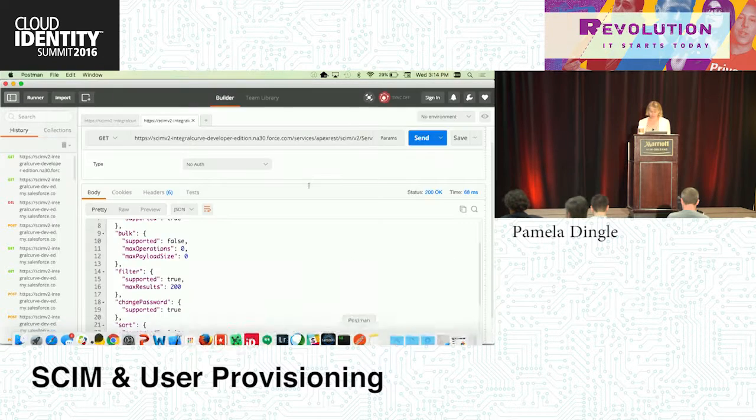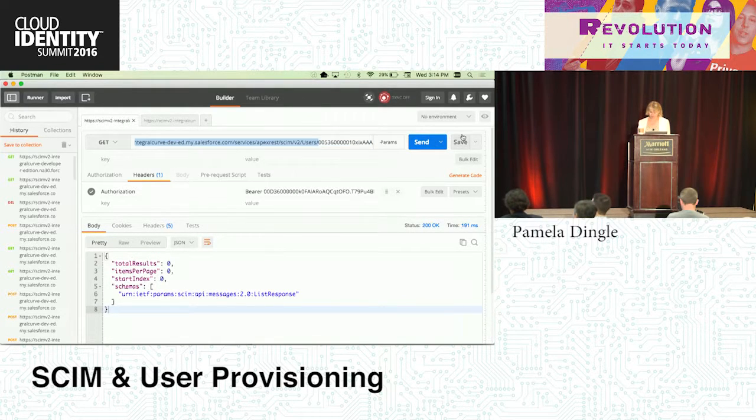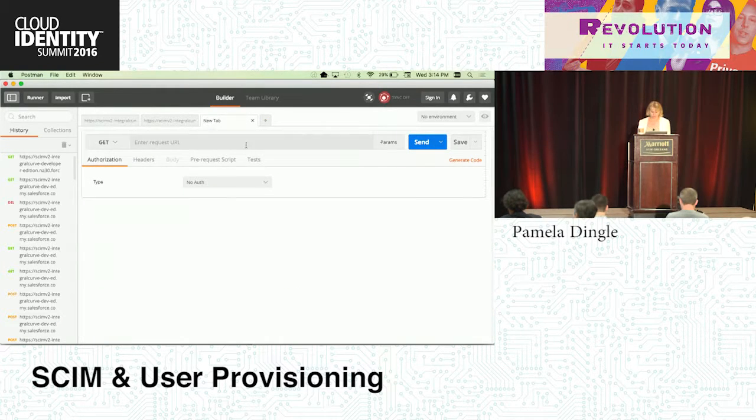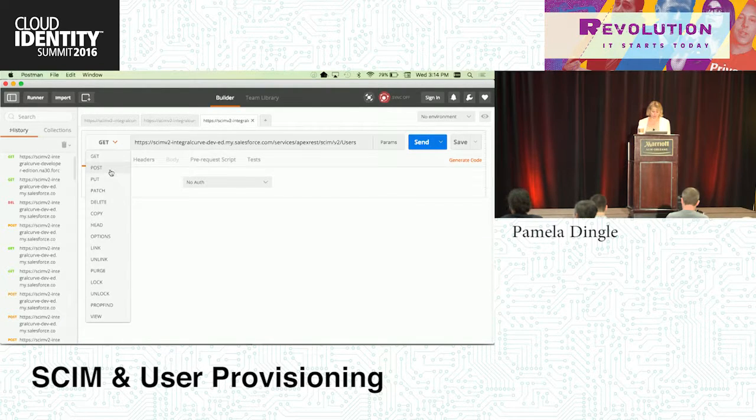So let's open up Postman. We're going to make sure that we are going to the users endpoint. I'll make a new one so it's not messy. We want to create a user, so we're going to change this to post. We're going to add our authorization header.